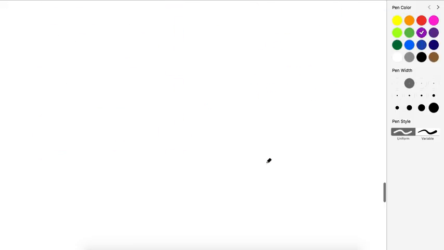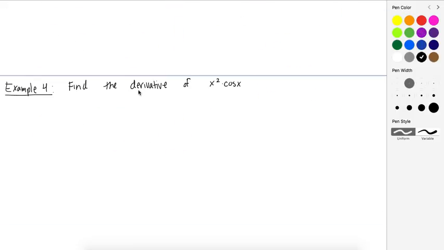Now let's take a look at another example. In this example we're going to look at the product rule of derivatives. And if you have not seen how to take the derivative of cosine, you should be able to get some practice later. But in this case, we're going to see how we can use that definition to find the derivative of this function that is made up of two functions being multiplied, x squared times cosine x. And what we're going to do is let y equal x squared